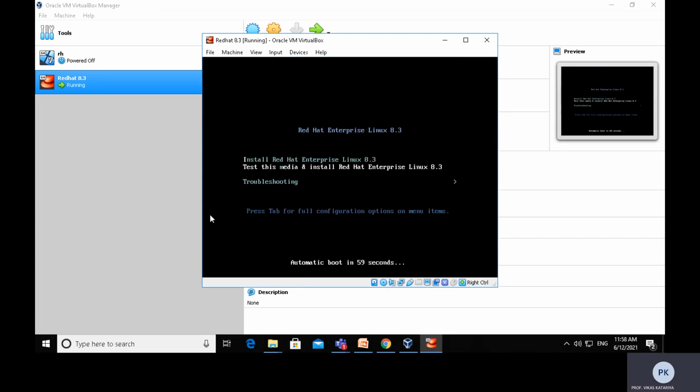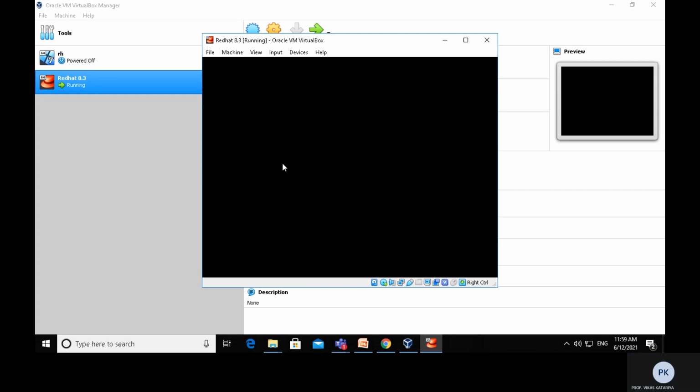Now this window will appear. The ISO image starts booting. It will show three options. First, install Red Hat Enterprise Linux 8.3. Second, test this media and install Red Hat Linux 8.3, and troubleshooting. You have to select the first option and press enter.